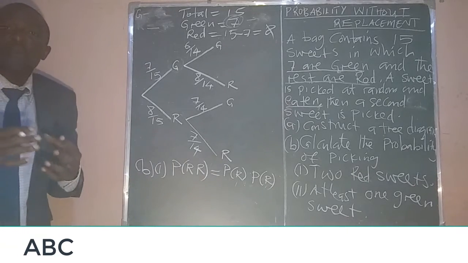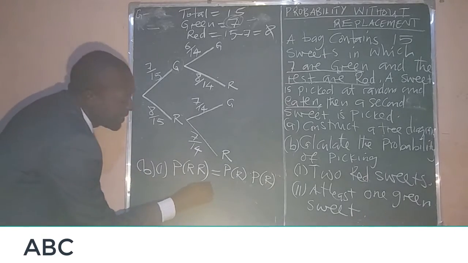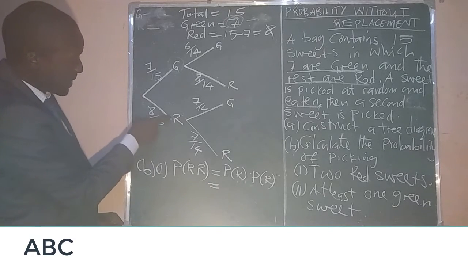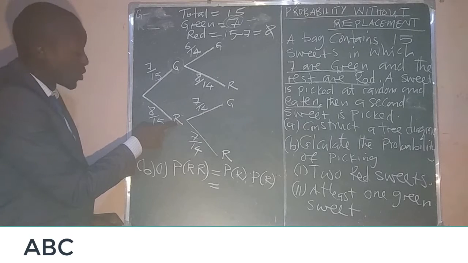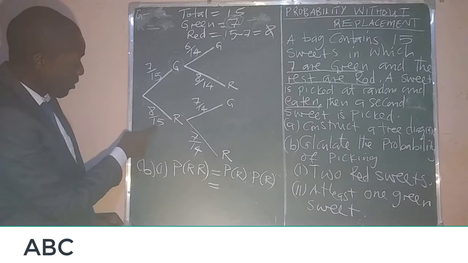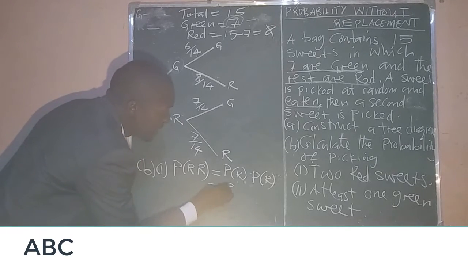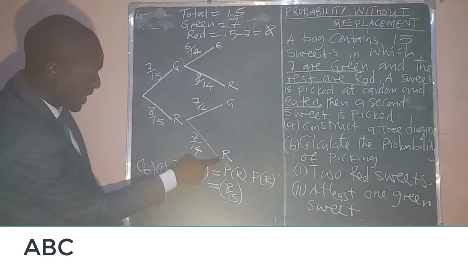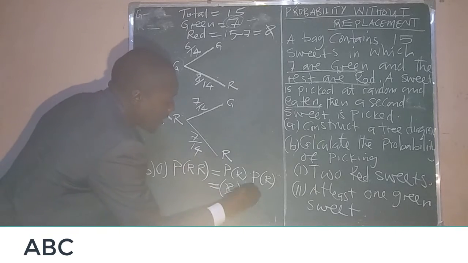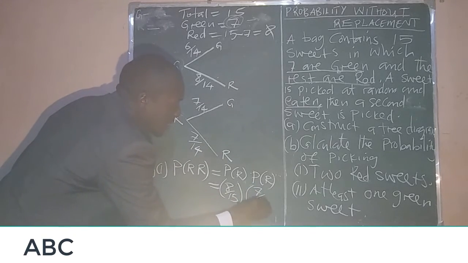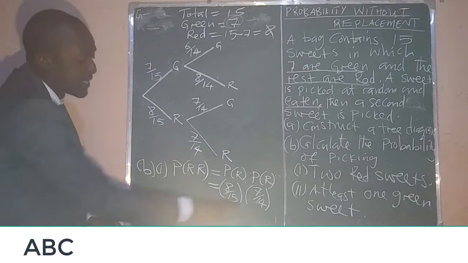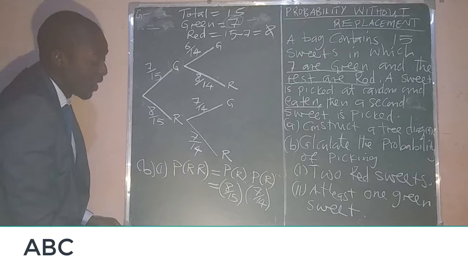And then we can substitute the probabilities now. So at this stage, the probability of red is this one here, where you have red, which is 8 over 15. So you are going to have 8 over 15 times the other red here. So from this red, you come to this one here, which is 7 over 14. And then now we can multiply these two numbers. We can simplify this one here, which is going to be half.